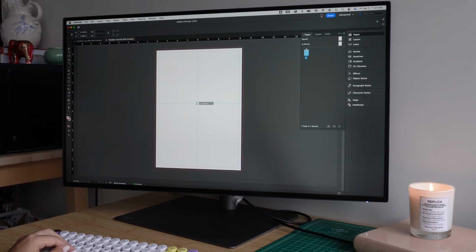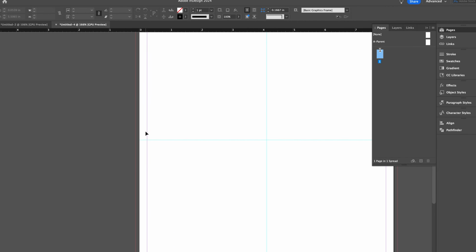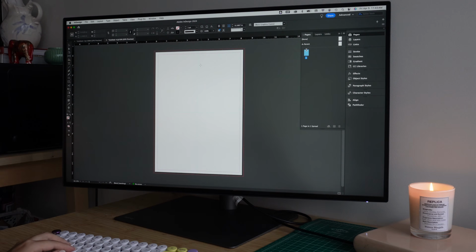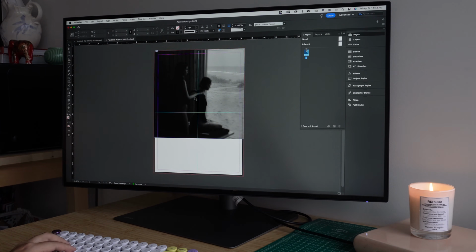And I know you can't really see it here, so here is on the screen recording how that looks when I set up a guide. It's pretty easy, you just drag them in and they're in your document. So here I'm just using the frame tool, which then I can bring in photos. Like I said with that bleed, I brought it to the edge of the bleed so that it's off the page. And I've kind of used more than half, kind of